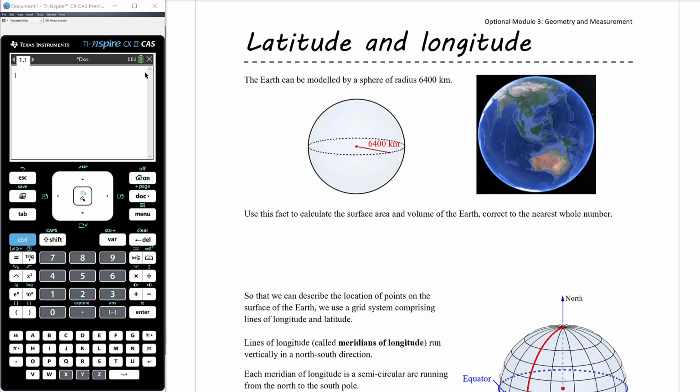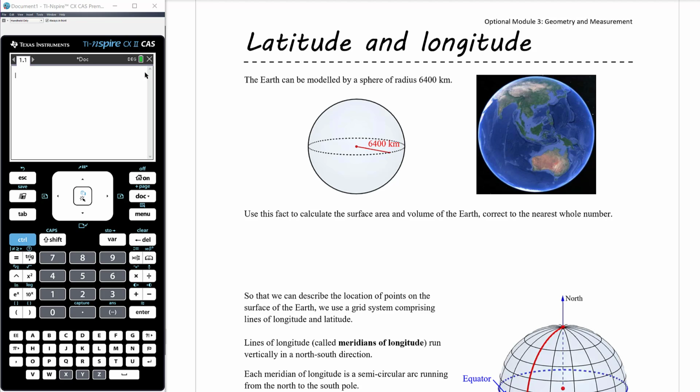Okay, so in this video we move into the very last part of the geometry and measurement module, which is to look at the geometry of spheres and more specifically the geometry of the Earth as an example of a sphere. So this is, I think, quite an interesting component of the course, but for some students it is quite difficult. It does rely on some quite good spatial awareness, and I would encourage you to